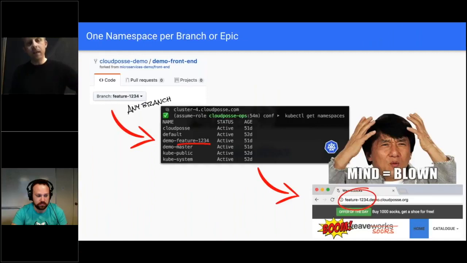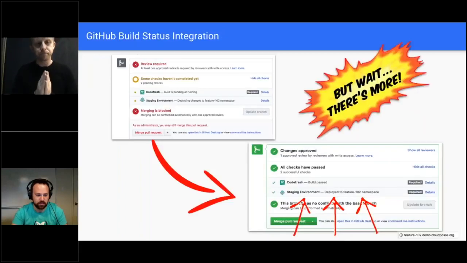What we're going to show now is how we can take literally any feature branch and deploy that to a Kubernetes namespace that looks like this, and then we can access that on the web just like that. Not only that, we're going to show that you can now set a git commit status requirement that the staging